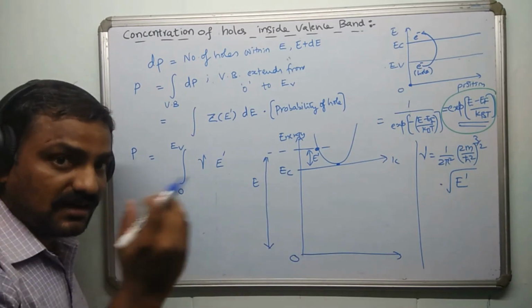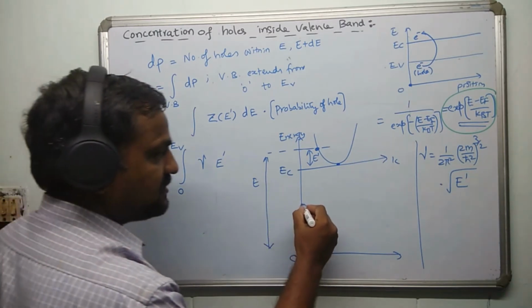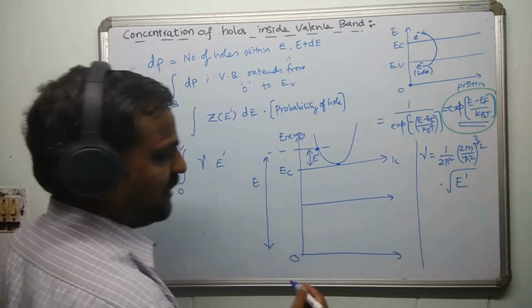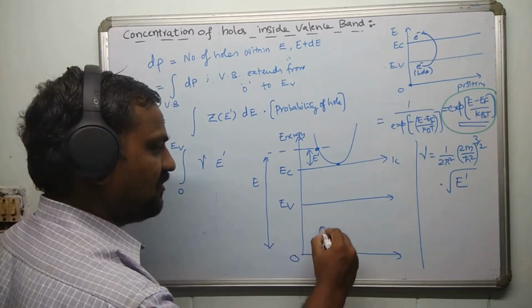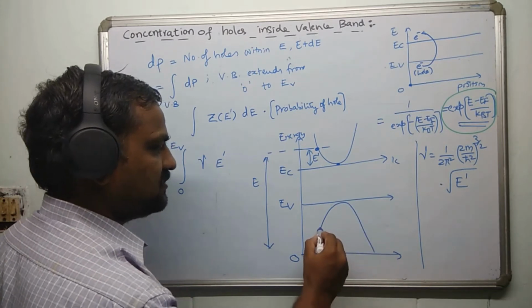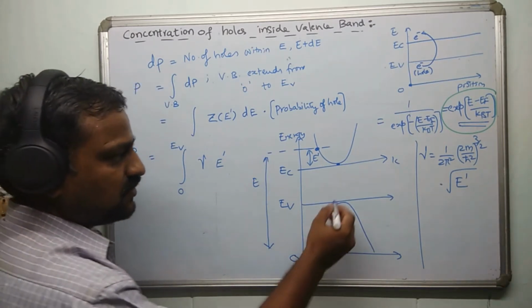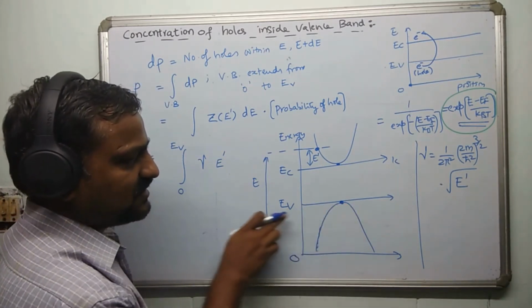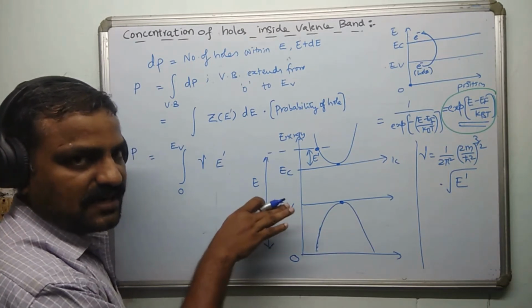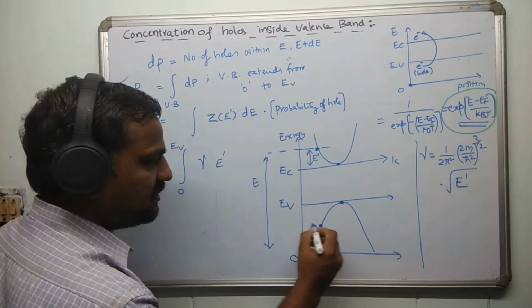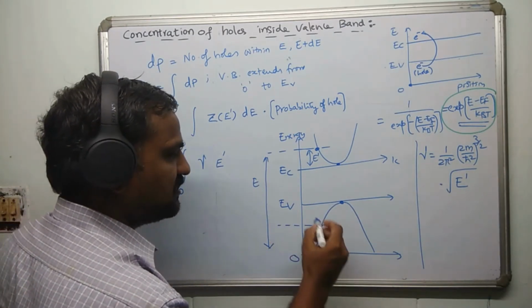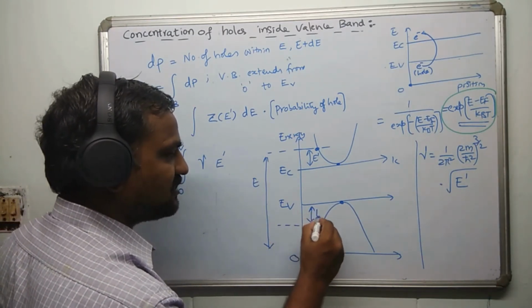That was the conduction band case. Now, if you apply the same logic for the valence band, this is EV, and once again here we are going to have a parabola of this sort, and this is called parabolic approximation. All energies in the valence band are once again measured with respect to EV, the valence band edge. So this point will be 0, and whatever energy you take here is going to be our E dash for the valence band.